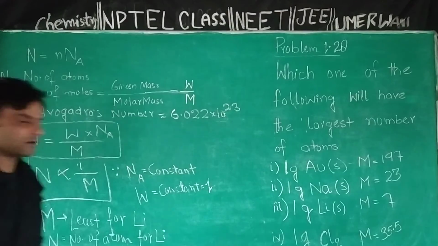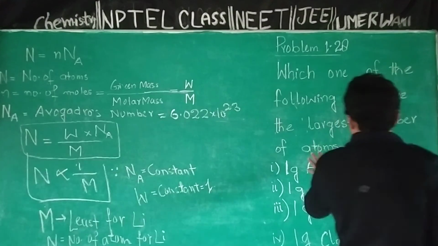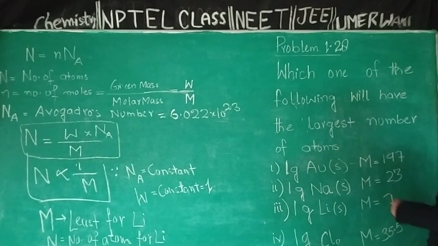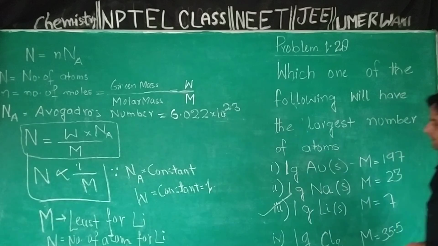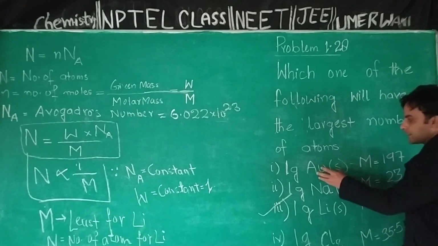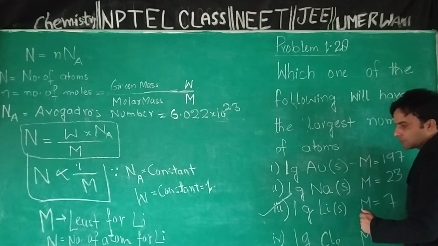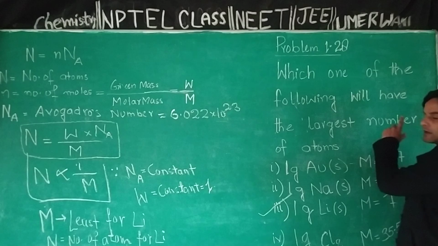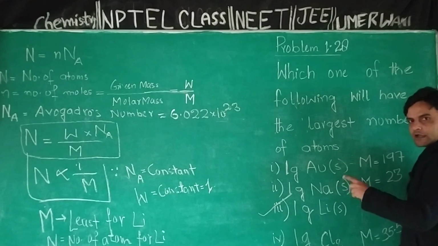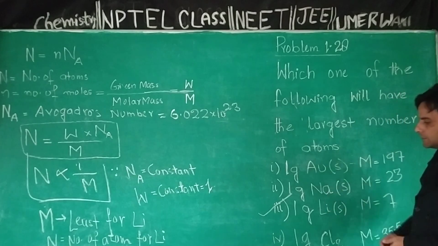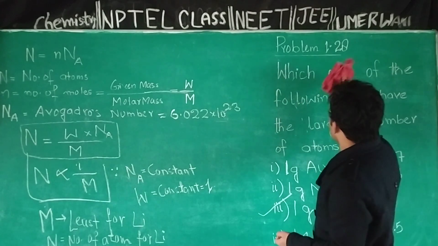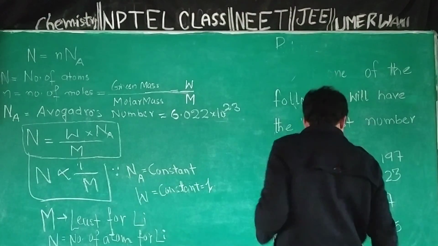Answer to this numerical problem is 1 gram of lithium will contain largest number of atoms. I ruled out 1 gram gold, 1 gram sodium, 1 gram chlorine, because I have to find the one having largest number of atoms, and that is lithium because of its least molar mass. And if I am asked to